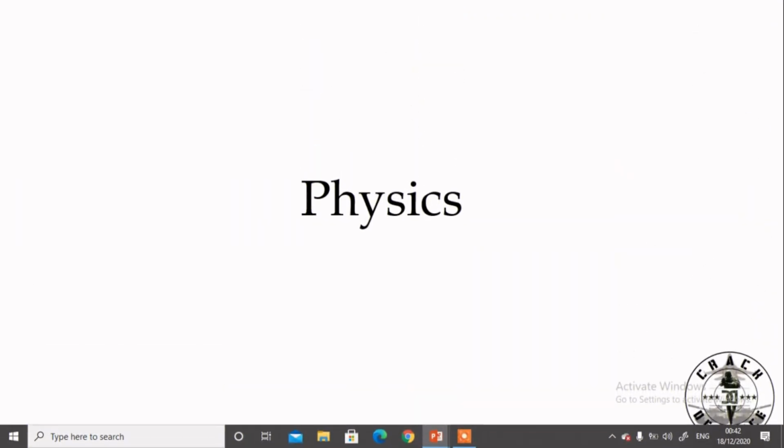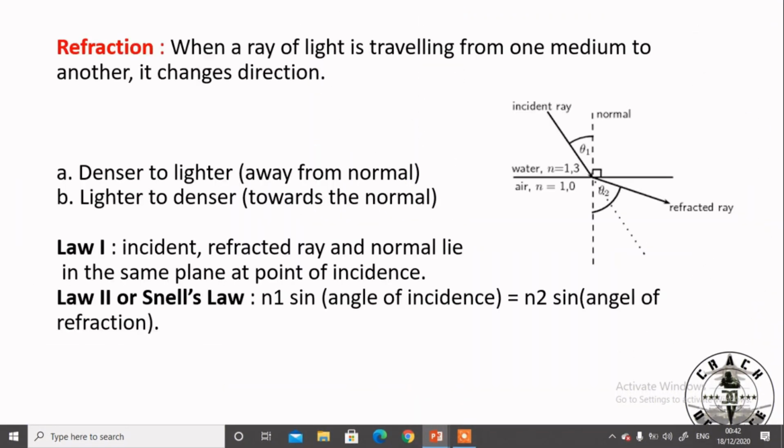Crack defense. So let's quickly get started. So first we have the phenomenon of refraction. So what is refraction? When a ray of light is traveling from one medium to another, it just changes its